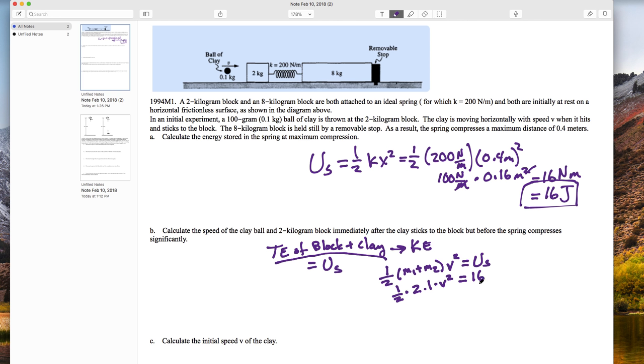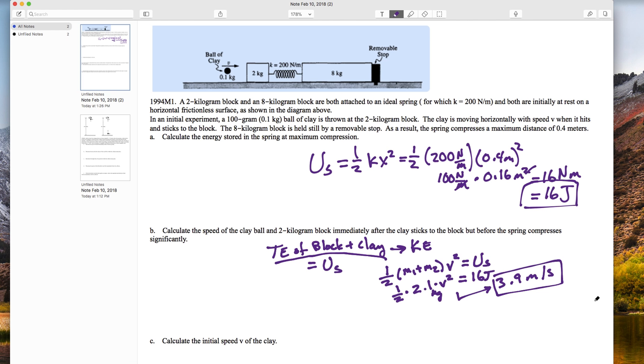And if you resolve this, you should get 3.9 meters per second. This is in joules, this is in kg, and then you should be able to get 2 meters per second from this. Okay,